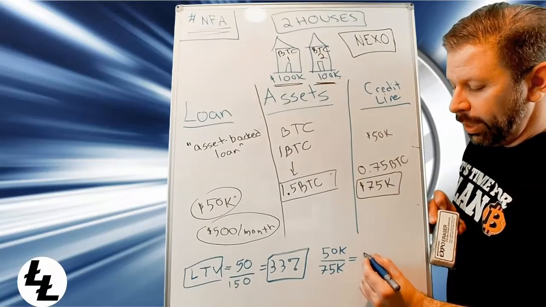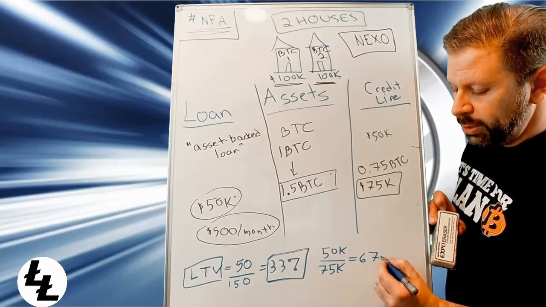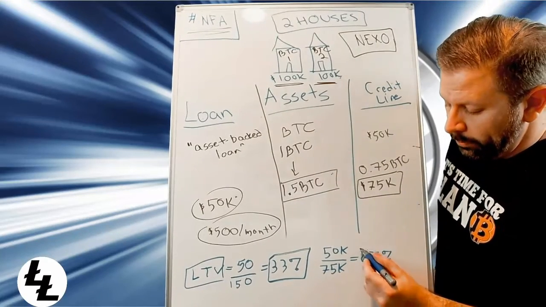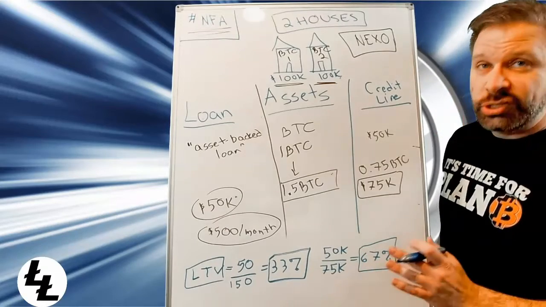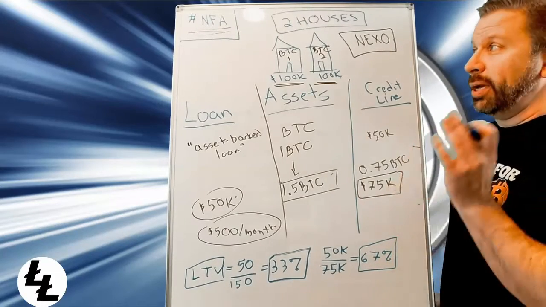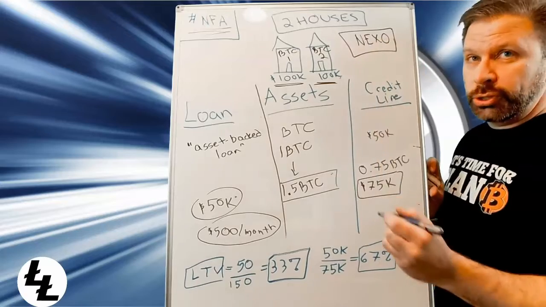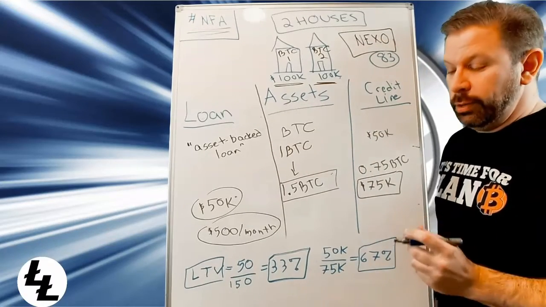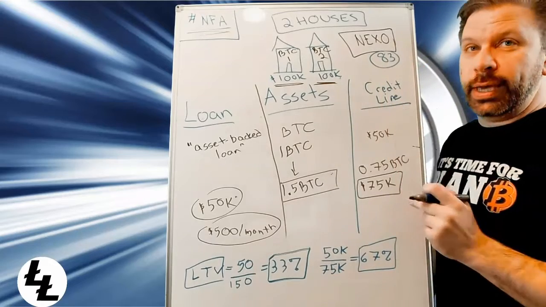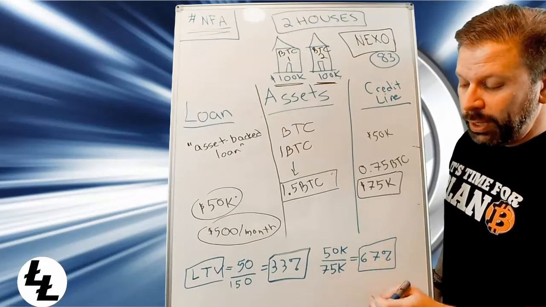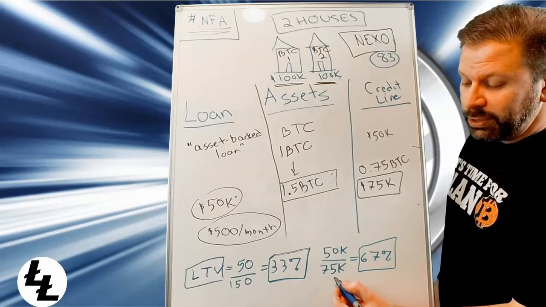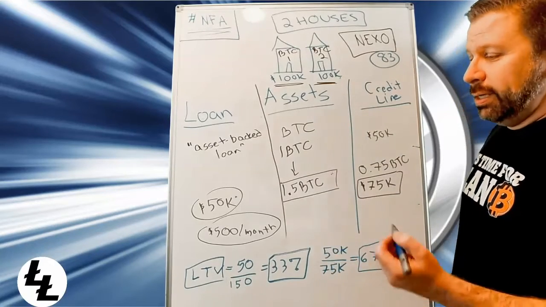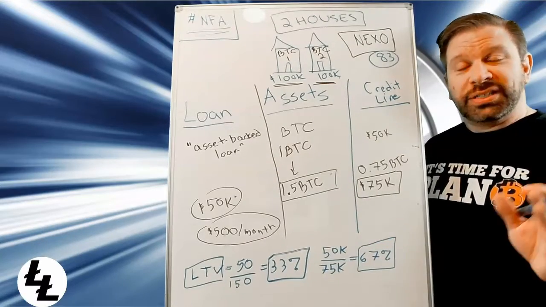So now my loan is 67% loan to value. Okay? That is still perfectly fine according to NEXO, because NEXO has a magic number called a margin call number of 83. As long as your loan to value is not bigger than 83%, you're fine. So the Bitcoin can drop even further. It can actually drop down to 40,000, because then this number would be 60,000, and 5 over 6 happens to be exactly 83%.